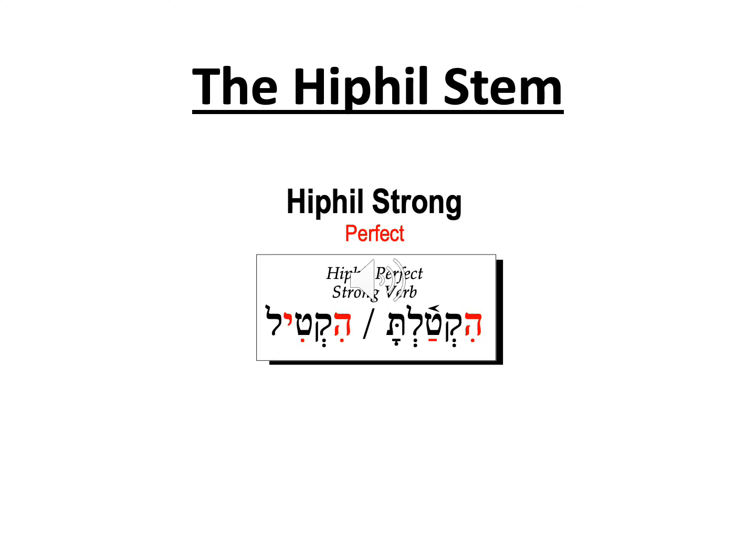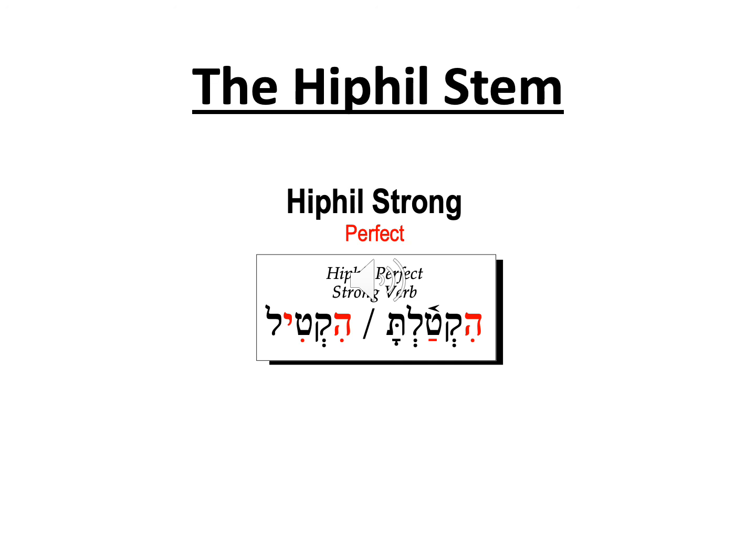These are the two forms of the Hiphil strong perfect verb. The more classic form has the heroic yod in between the second and third letter. However, when we add suffixes to the end of a Hiphil verb in the strong perfect, interesting things happen. In this case, the accent has been forced back one syllable, technically remaining on the same syllable rather than being drawn onto the ta at the end, since ta has a vowel ending with the qamets rather than a consonantal ending. This has the accent then on the second root letter, which